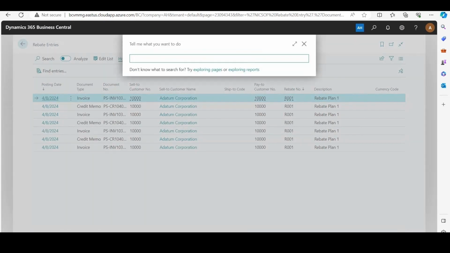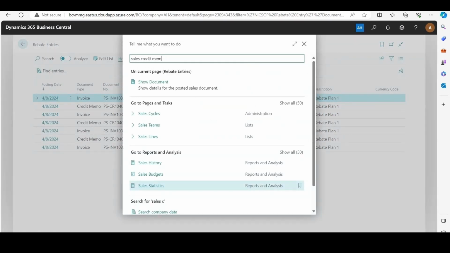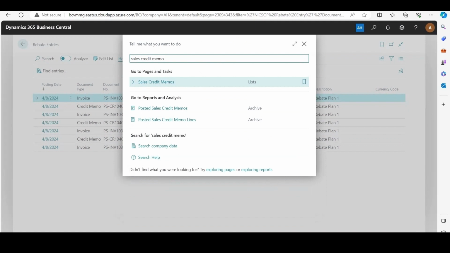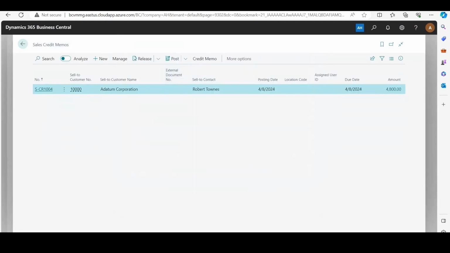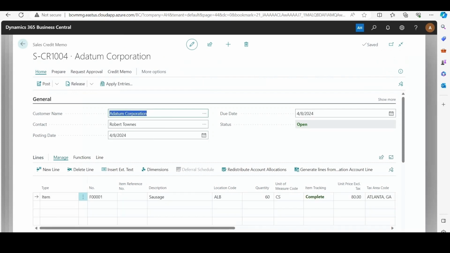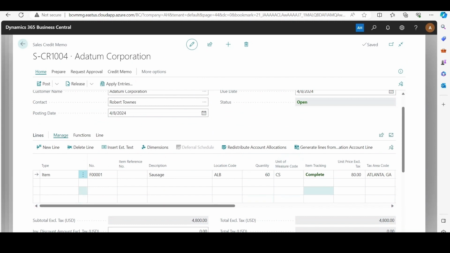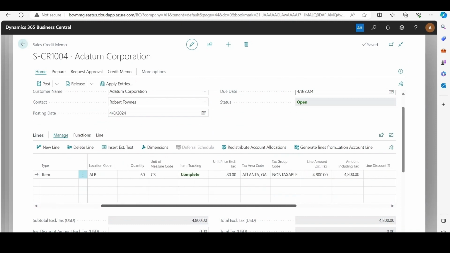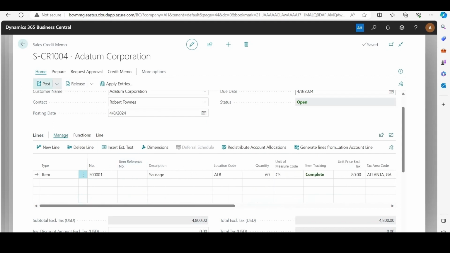Now let's say we want to reverse this transaction, reverse the rebate amount that has been applied to the customer. Of course, we would go to our sales credit memo. And here we have one, sales credit memo 1004, that does exactly this. It reverses the 60 cases, which corresponds to the posted sales invoice. And if we post this,